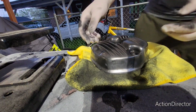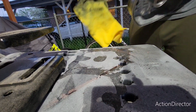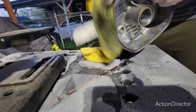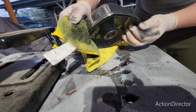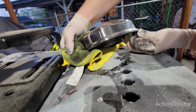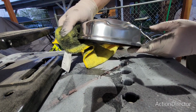All right, and here's that reveal. So this is like directly after polishing. Get a cleaner part of this. Ooh, there we go. Make sure I'm not in my own shadow. So you can see, like right after, just gotta get the polish off, and then